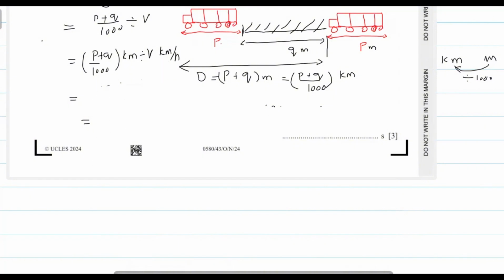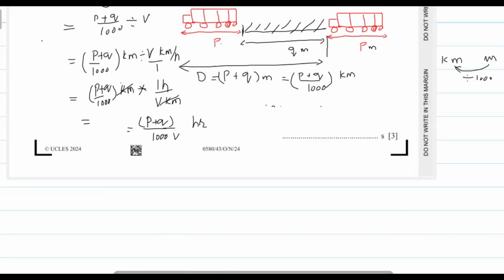We can write this p plus q over 1000 kilometer, and this division sign change into multiplication. Right side value will be reversed. Look here, this value is v over 1. We can write this 1 hours over v kilometer, and kilometer would be cancelled, and we can write this p plus q over 1000 v